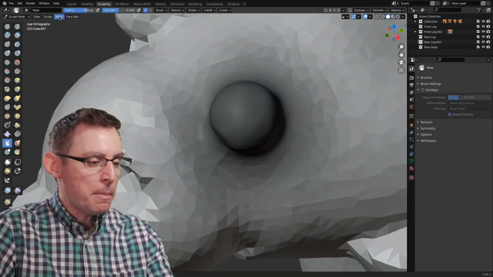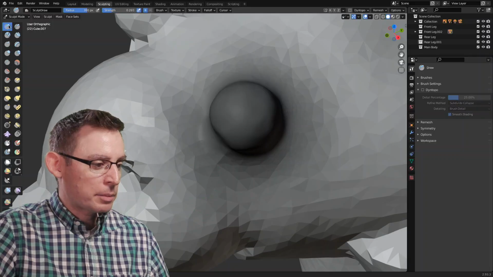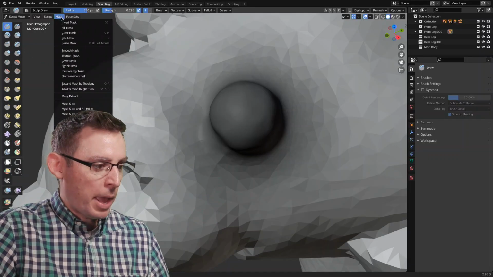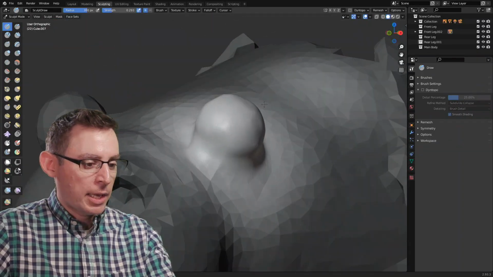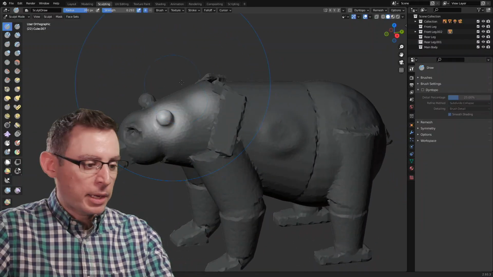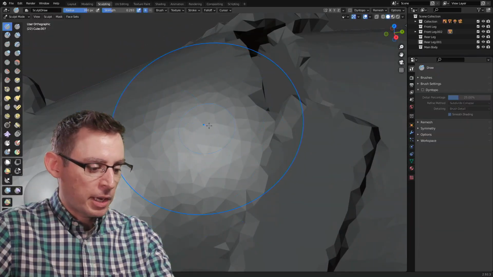So we'll go into the mask pull-down menu, and FYI, you're only going to see the mask pull-down menu inside the sculpting environment. So we'll go masks, and then we're going to invert it, which is the top option. And now check it out. Ta-da! The rest of the bear is black, except for this little area over here, and then this area is white.